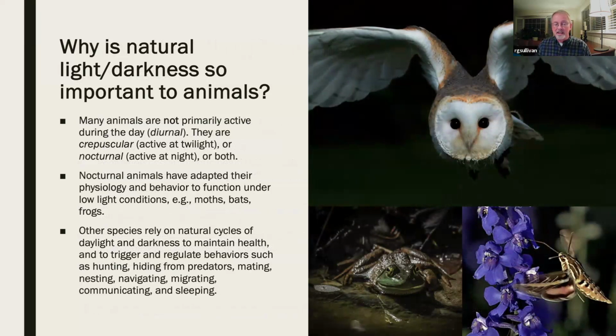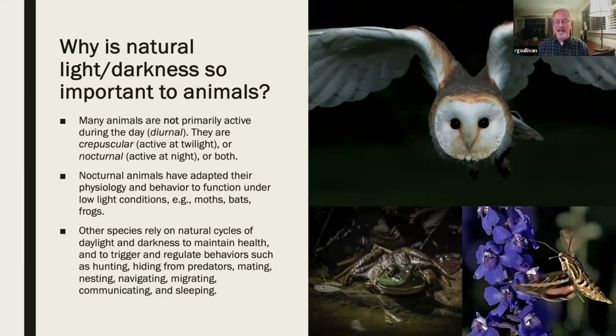I'm sure you're all aware that a lot of animals are not diurnal. That means their primary period of activity is not the day. They're either nocturnal, that is primarily active at night, like an owl or a bat. But many animals are crepuscular, that is their primary time of activity is at twilight, and deer are a good example. I'm sure you, like me, tend to see deer around sunrise or sunset more than you do in the middle of the day. A lot of their activity is around the times of sunrise and sunset.